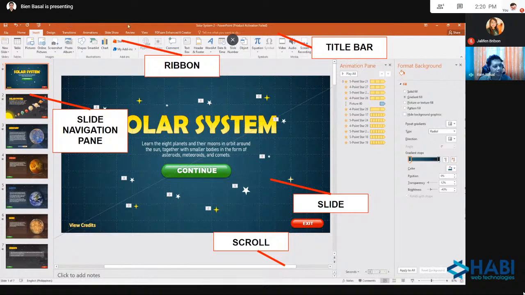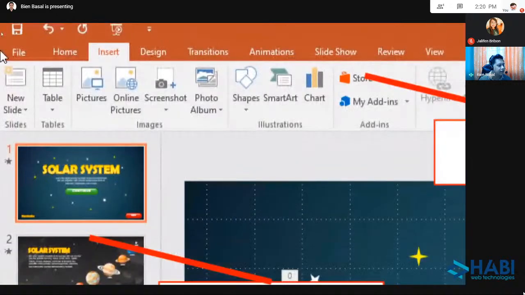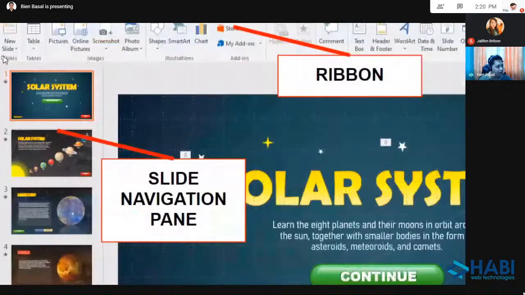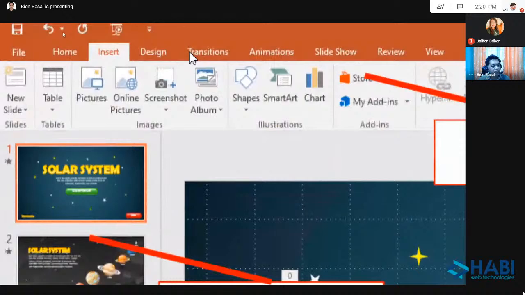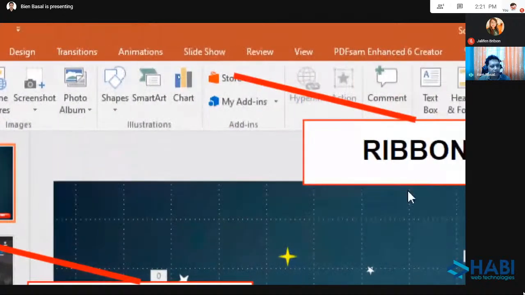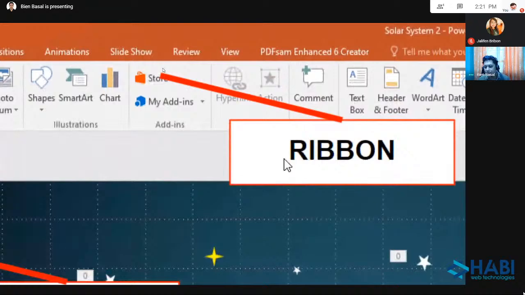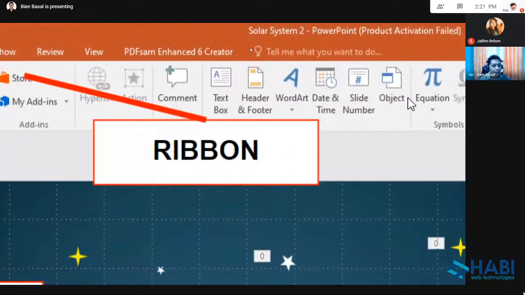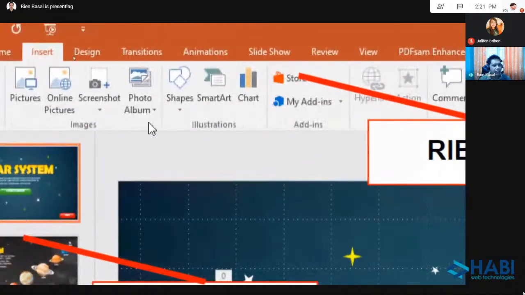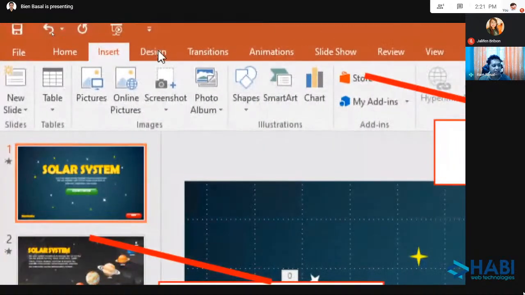Sa baba po ng title bar, sa line po ng title bar natin, here sa upper left, we have here siyempre yung ating save. Ito po yung sa ating save, undo, and present. Okay? Ito pong part na to, ito pong mahaba na to, we have file here. File, home, insert, design, transition, animation, slideshow. Ang tawag po sa kanya, ribbon. Okay po? Ribbon po ang tawag sa kanya. So mahaba po yan. Iba-iba po ang laman ng ribbons natin na yan, depende po sa inyo pong sineselect dito na inyong menu. For example, design. So we have different options po for design.